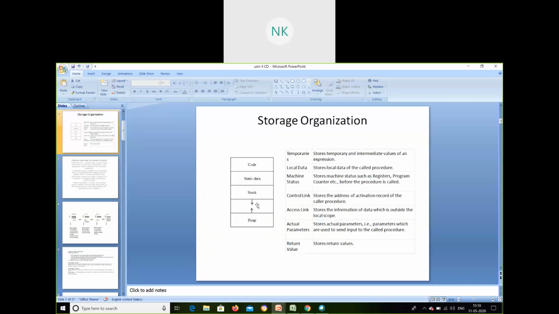Heap can increase or decrease; it is dynamic. Heap and stack are dynamic. They can increase and decrease depending upon the requirement of a program. It will allocate memory in the heap. The operating system will allocate it in the heap, and it starts executing. Once it is done, it will deallocate it to the free space pool.